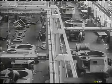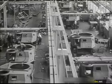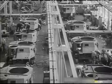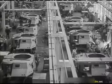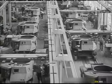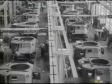Thus, from these assembly lines of defense, roll defenders of America in ever-increasing numbers. Chrysler Corporation is proud of this record in tank production, but it is only one phase of its part in the vast national defense program. Every division of Chrysler Corporation, Chrysler, DeSoto, Dodge, and Plymouth